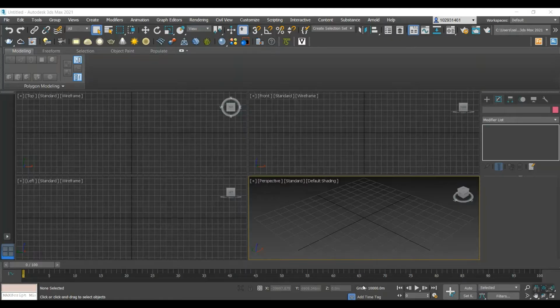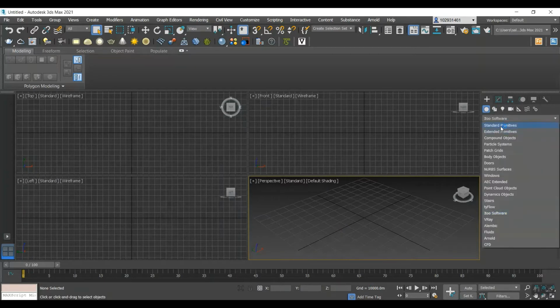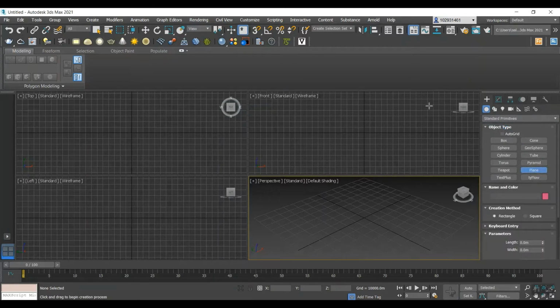Hi, in this video tutorial we're gonna go through Topology Generator. The Topology tools rework an object's mesh subdivision into procedurally generated patterns. So for the start, I'm gonna create a plane in my